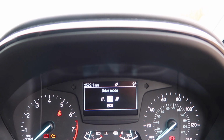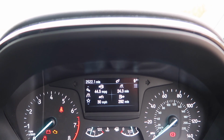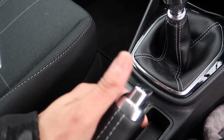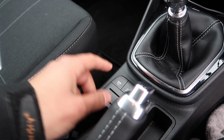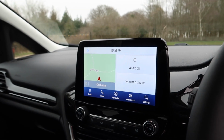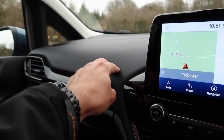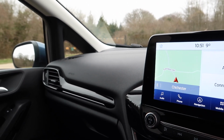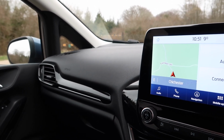But it's quite handy to have that, because I must admit, when I drove the Trend last year, although it was quite a quick drive, I don't remember it having driving modes. So maybe that's been a change to the specification, or perhaps I've just got a poor memory. But the inside is a nice place to be. You've got soft touch on the dash. I know some of you wonder why people like me bang on about soft touch dashboards. It just